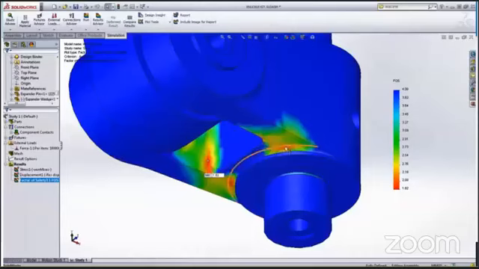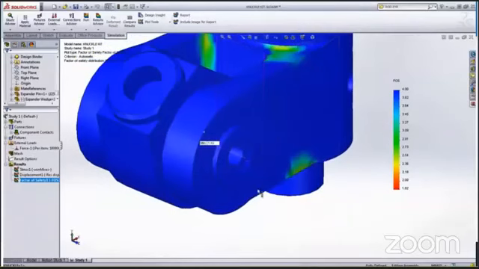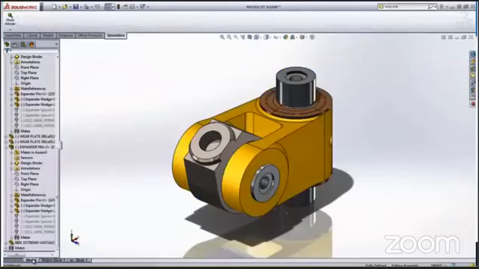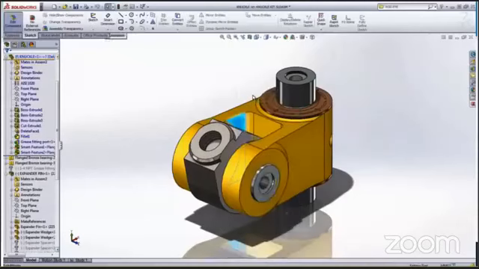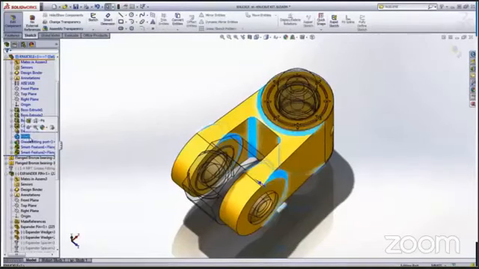The colors on the part correspond to the stress values listed on the right. For the knuckle, we want to have a minimum factor of safety of 2, so we can change our chart and disregard any values above safe. We can see that there are areas in our knuckle that do not meet our requirement of 2 for the factor of safety.